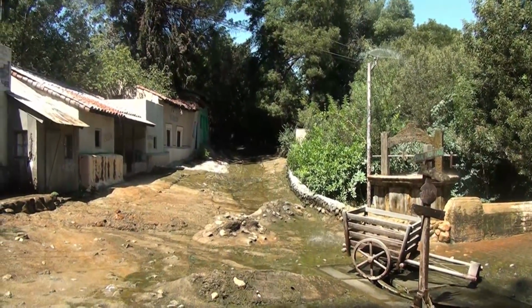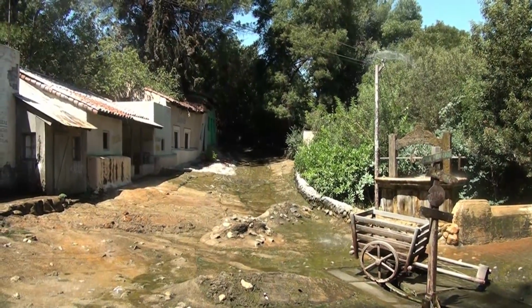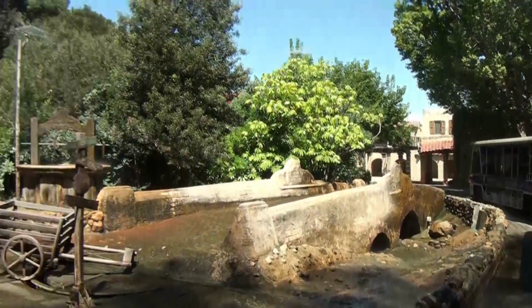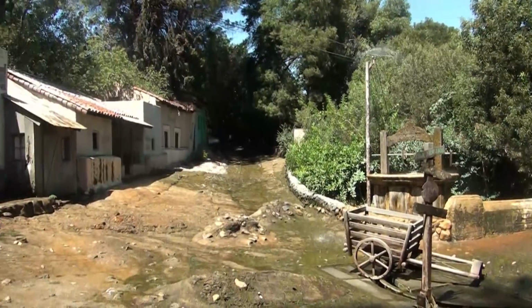Flash flood. Flash flood! Oh yeah. Yeah, look at it. The ground up there has become fully saturated. It can't hold any more water. That means it's